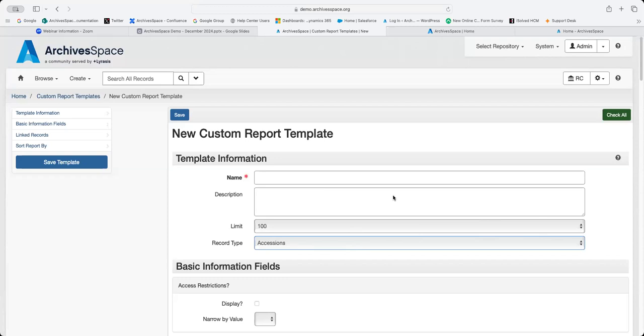You also do not have to use a digital preservation system to use ArchiveSpace. People manage their digital objects in a variety of ways, including just keeping them secure on a server or using some sort of cloud storage solution and then linking that way. So it isn't dependent on using a digital preservation system to use ArchiveSpace for your digital objects.